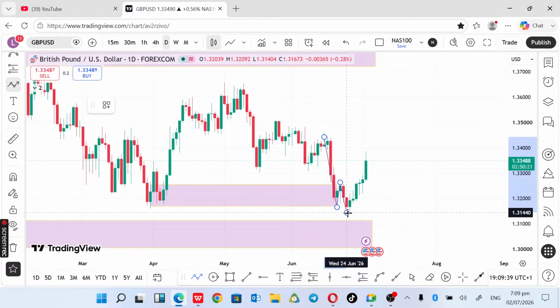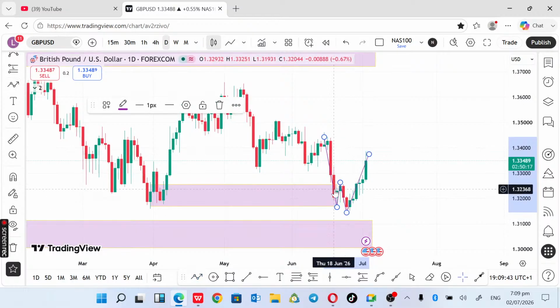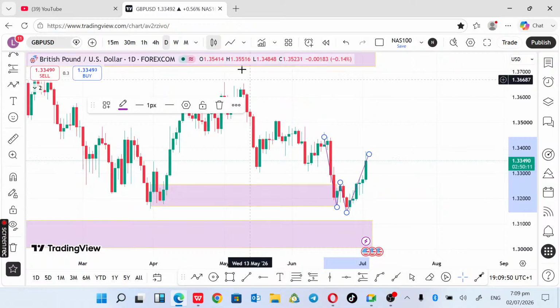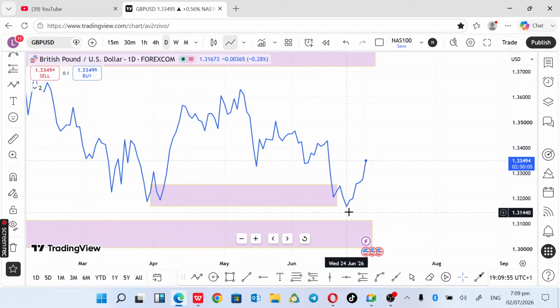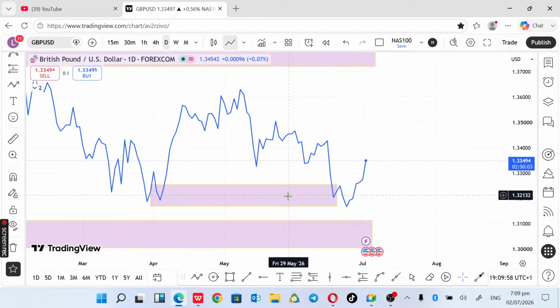Now we can see a shift or a change in structure over here. You can see a change in structure, and this pattern is forming. Some would even call it the W pattern. Let's use the line chart to see that. Some would call it the W pattern, which is this over here, and normally